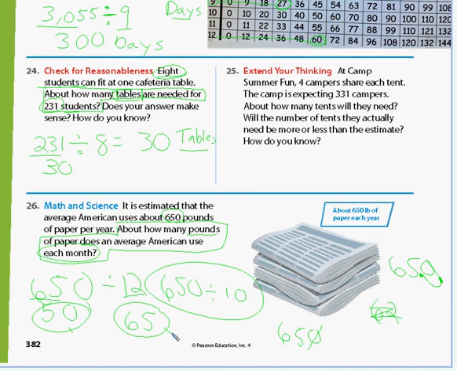And in science, that's the reason they say math and science. In science, we always like to multiply by tens, hundreds, and thousands. So this will give you a chance to look over the lesson. This is what we're going over tomorrow in class. So go ahead and review this lesson, and as you're reviewing it, you can look at some of the other questions and see if there are some things you want to think about on those questions before we do the